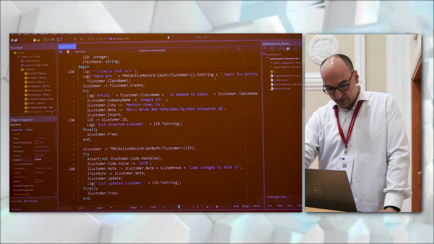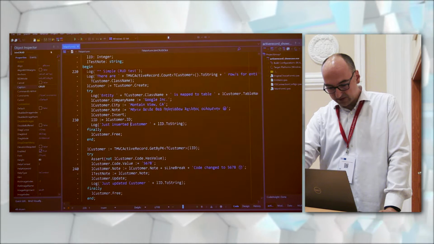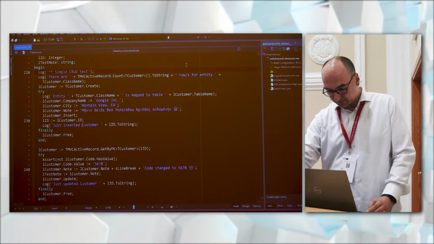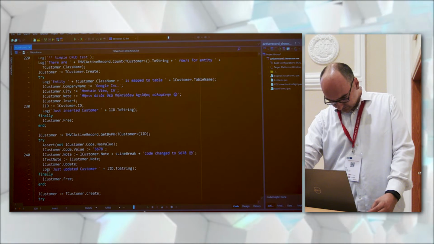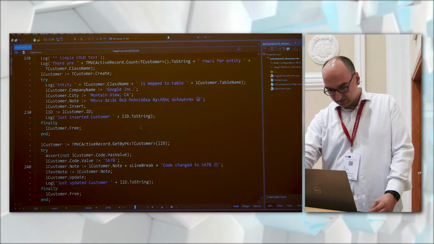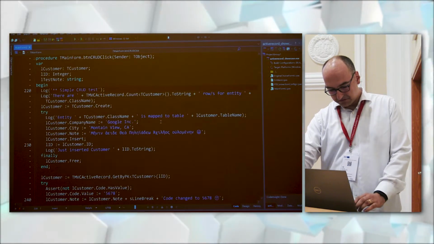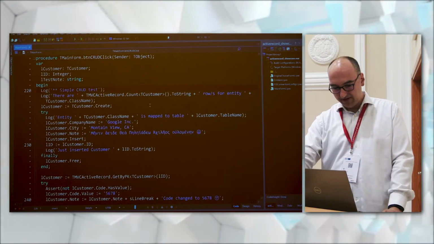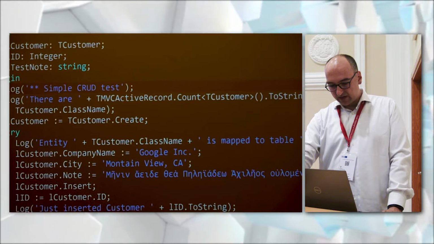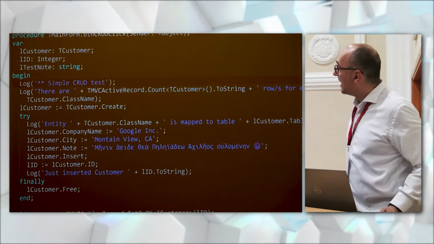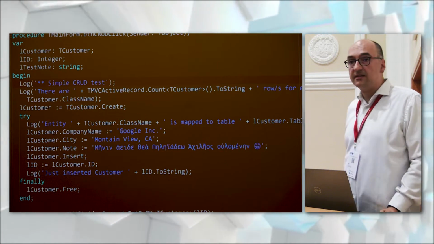Let's see what is behind this button, which is the CRUD. Is it readable like this? No, okay. Let's zoom it. Okay. Here we have a simple CRUD test.